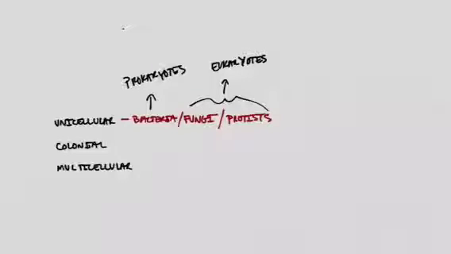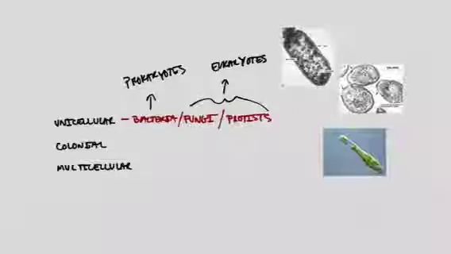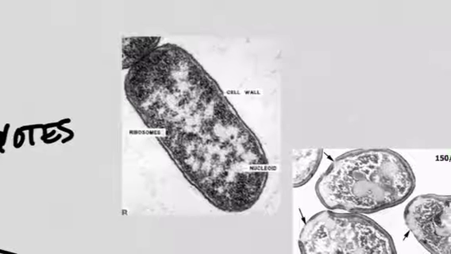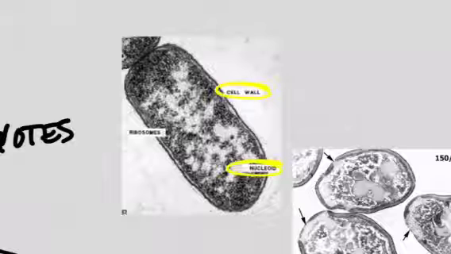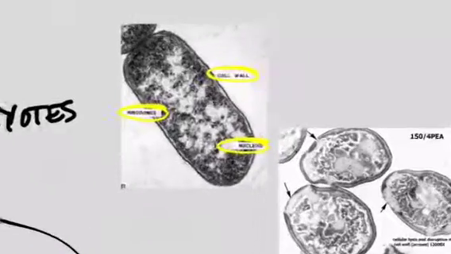Now I'm going to toss up a few different pictures of some of these unicellular organisms. Okay, so here's our first example right here. This is an example of a bacteria. You'll notice that it has a cell wall, a nucleoid, which is like the nuclear structure. This is where all the DNA, the genetic information of the organism, is hanging out because it doesn't have a true nucleus. And then ribosomes, which are protein-making machines inside a cell. Now,